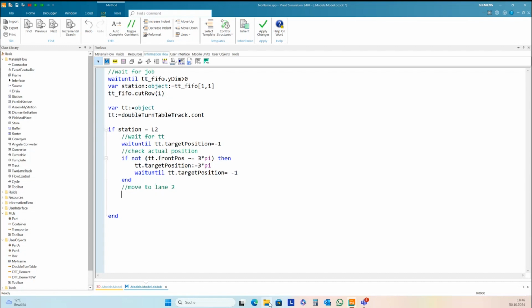Then I move the part here from station to the right lane. In my example, it's lane 2.